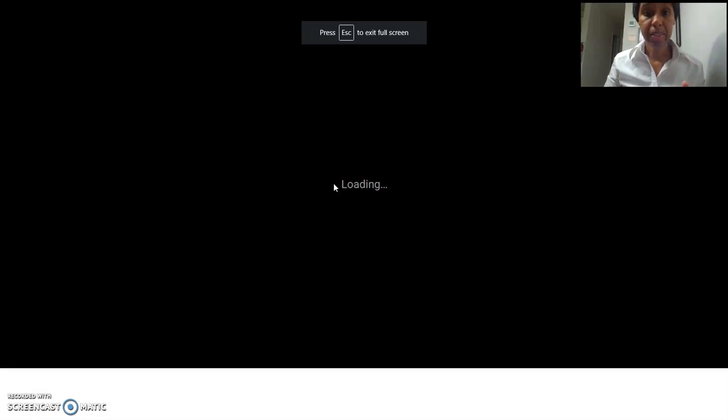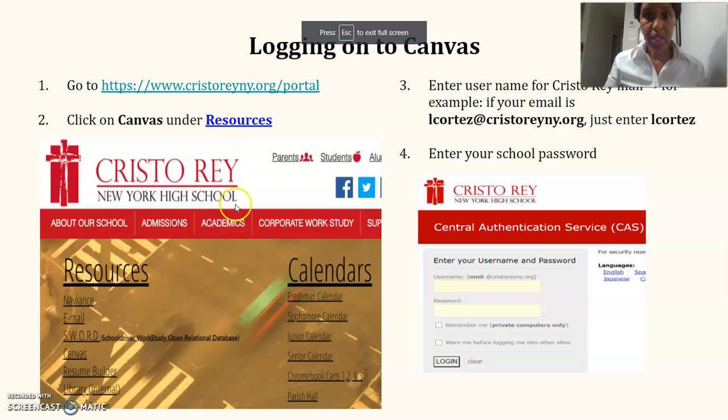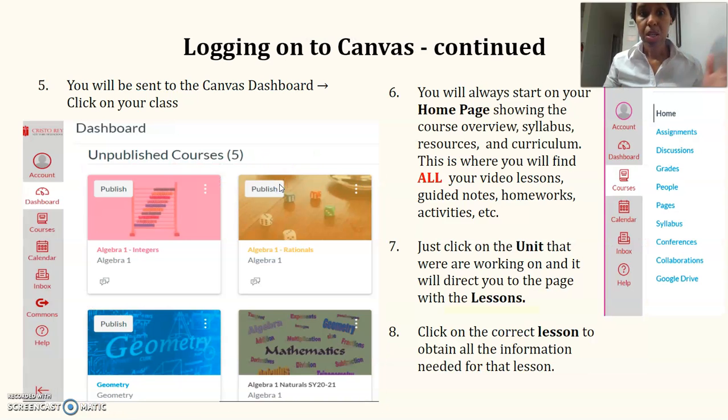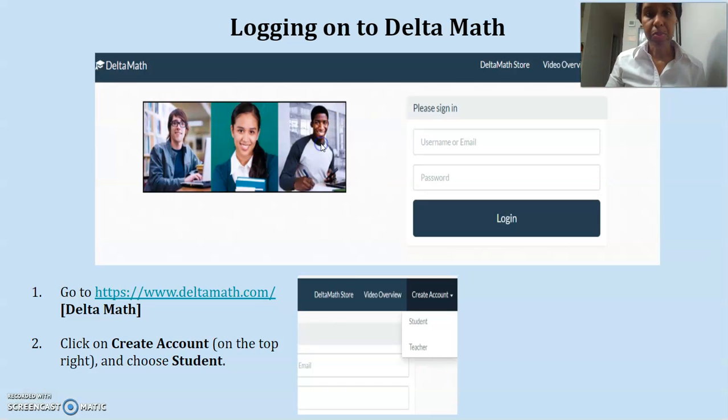So again, just showing you the steps, logging onto Canvas, finding your dashboard and how to get to your information on Canvas. If you have any questions, please ask, so that way you'll be on top of things.